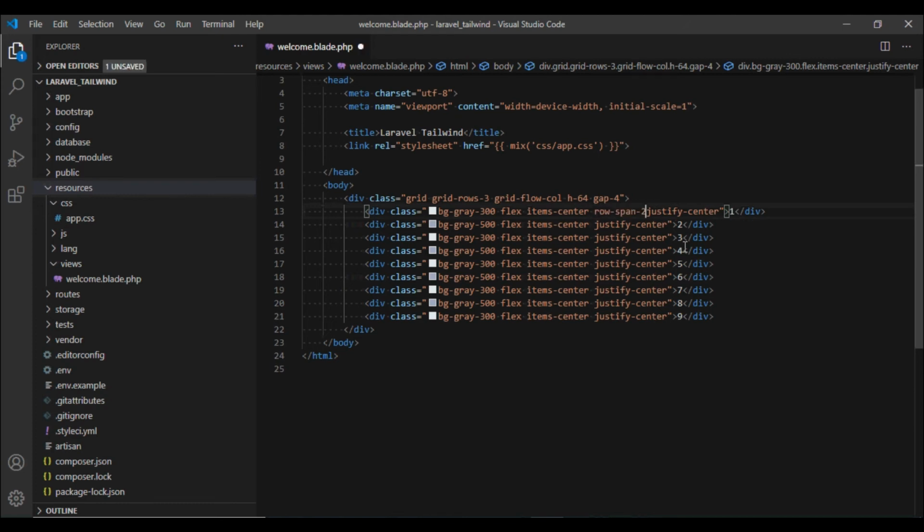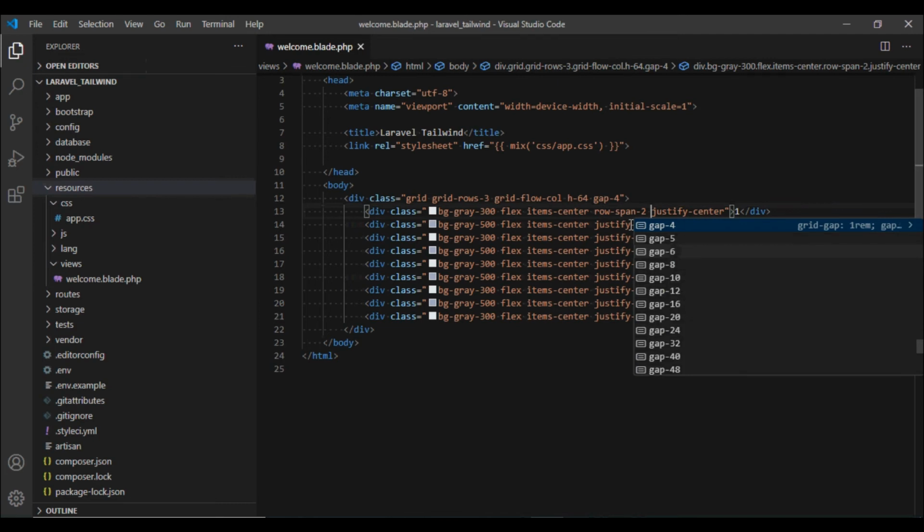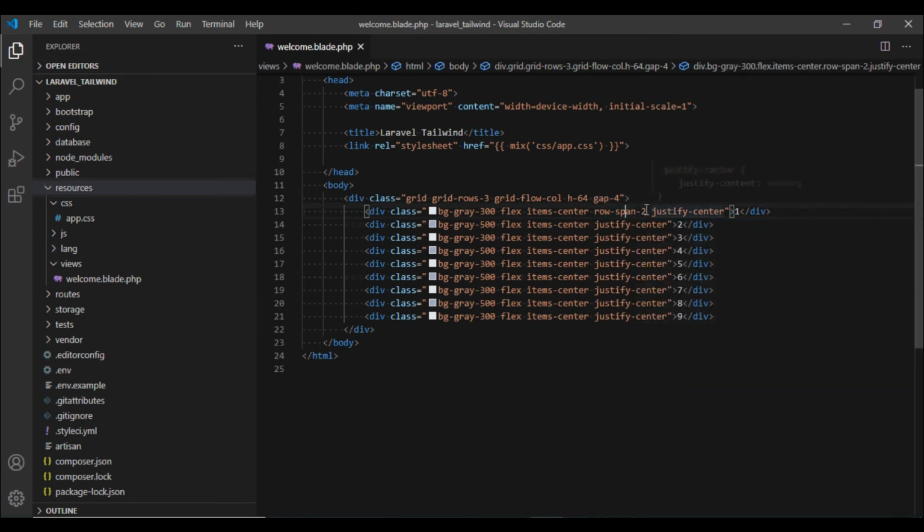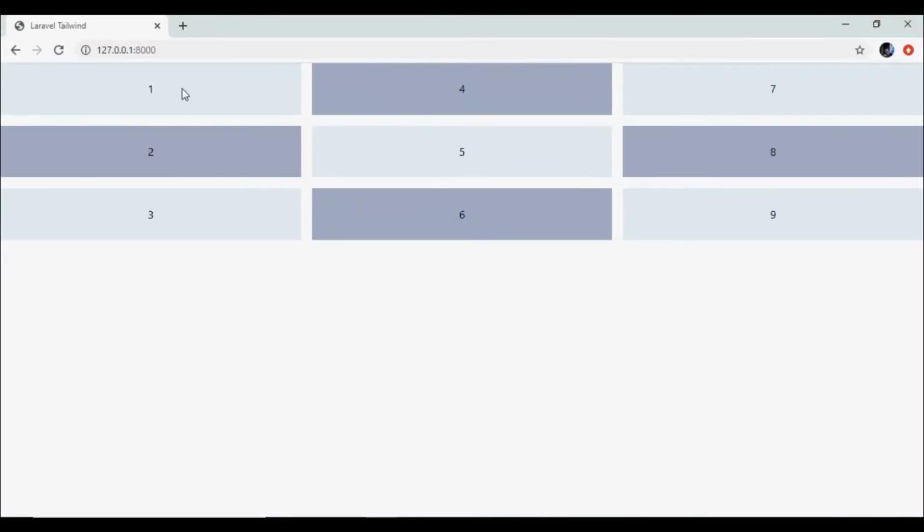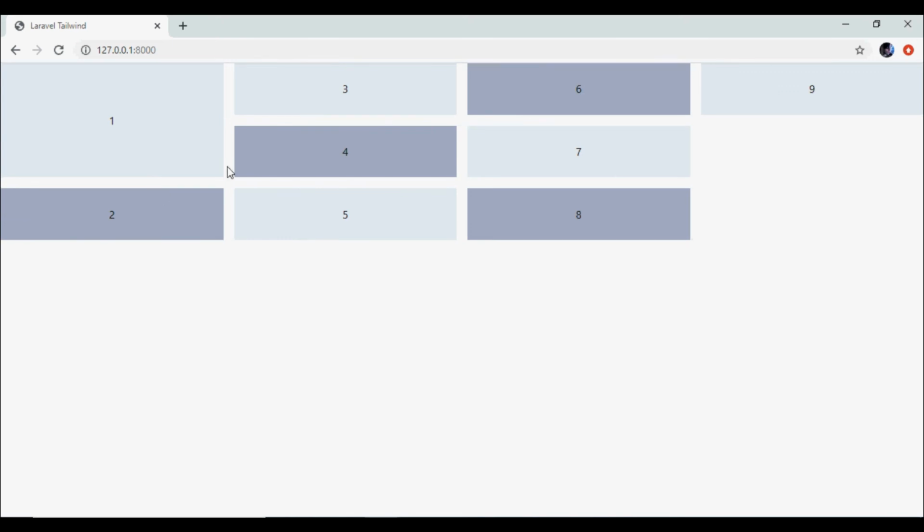So if I give it a row-span of 2, this would take 2 rows. What that means is this one block, instead of taking 1 row and 1 column, would take 2 rows. So if I reload it, we see it is now taking 2 rows.